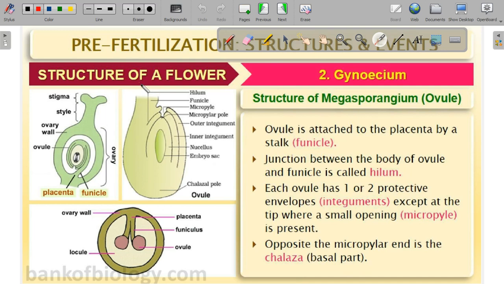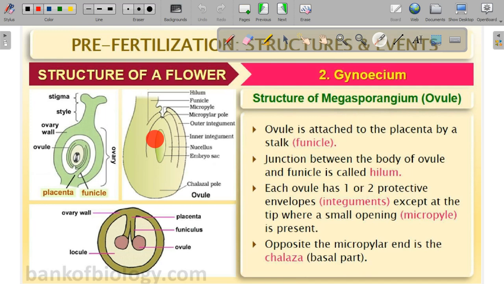So the ovary and ovule are connected by the placenta. Is the funicle a part of your ovary, or a part of the placenta? The funicle is a small stalk which is attached to the placenta. So the ovule is attached to the ovary by means of the placenta, by a stalk called the funicle. So what is hilum? Hilum is the midpoint or a junction which is the connection between the placenta of the ovary